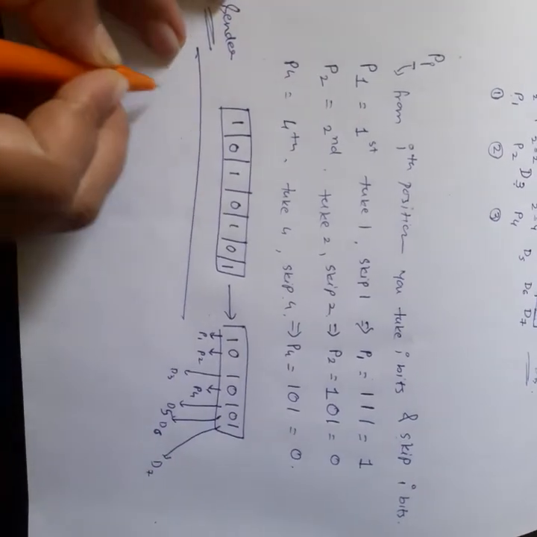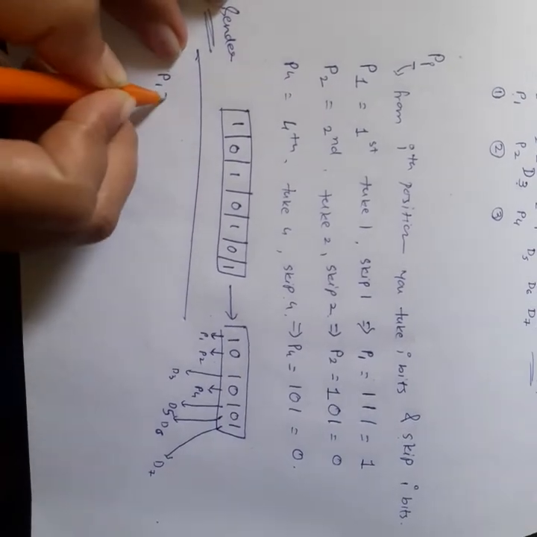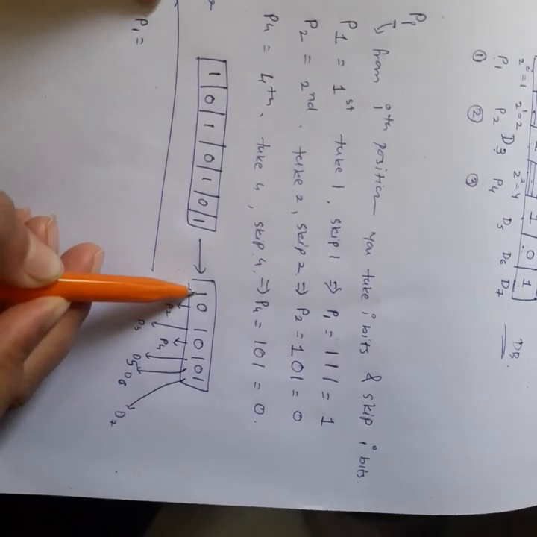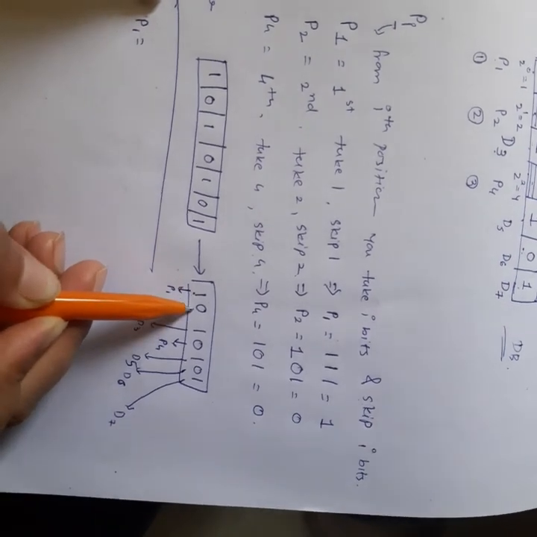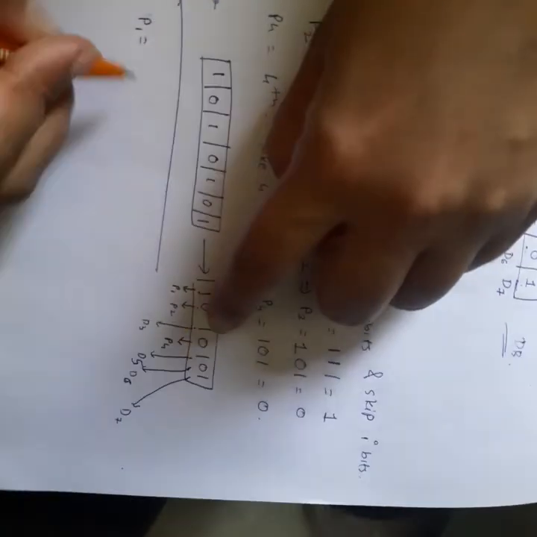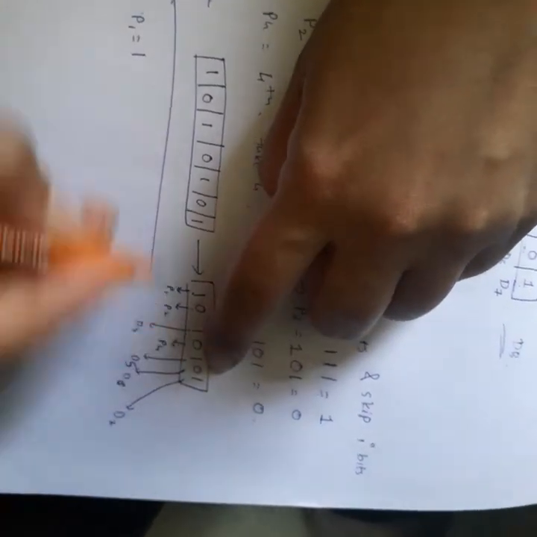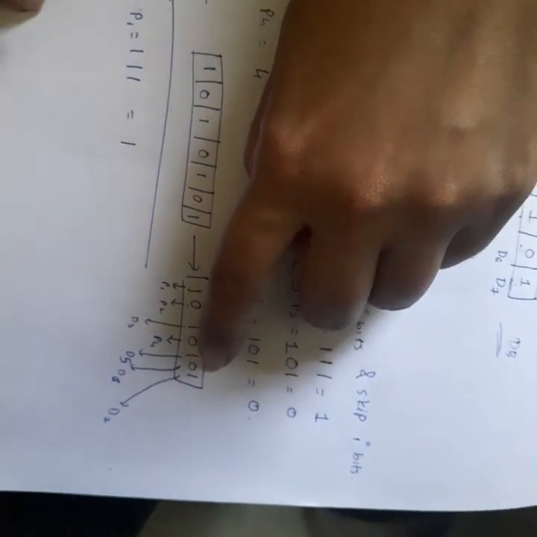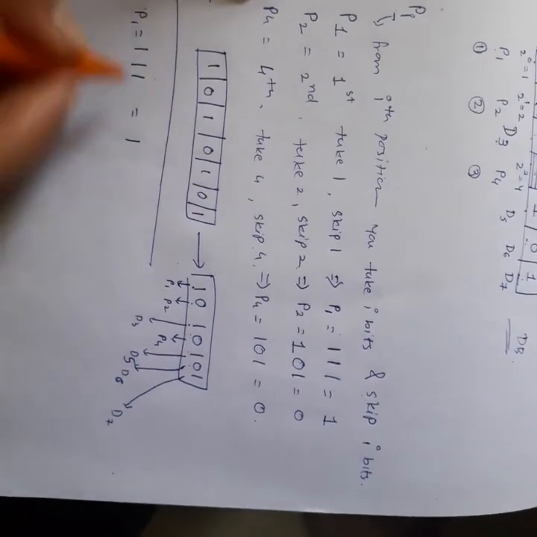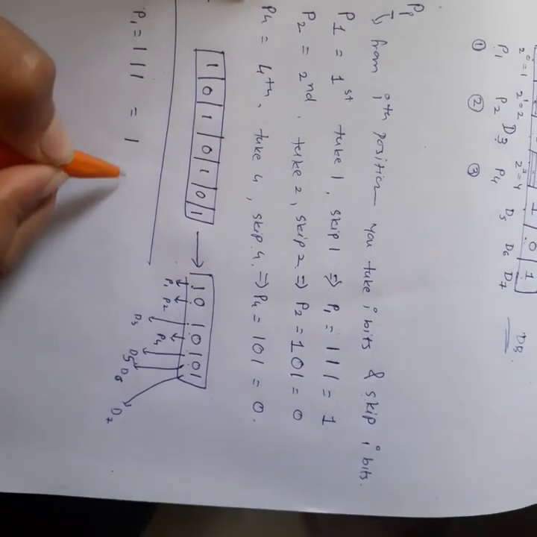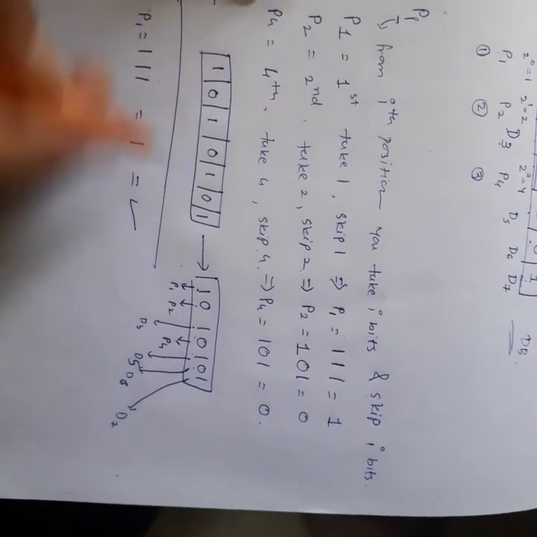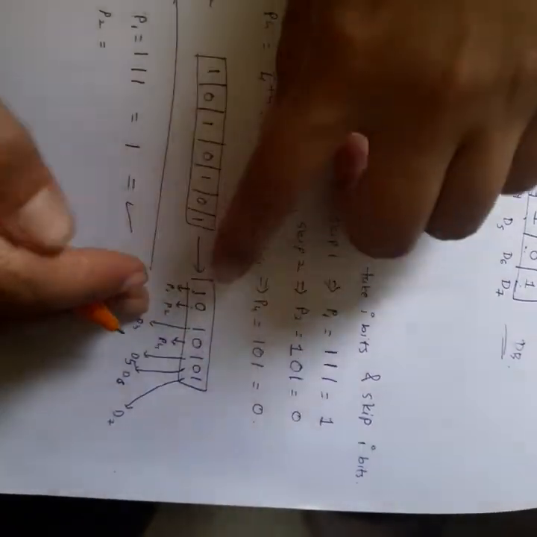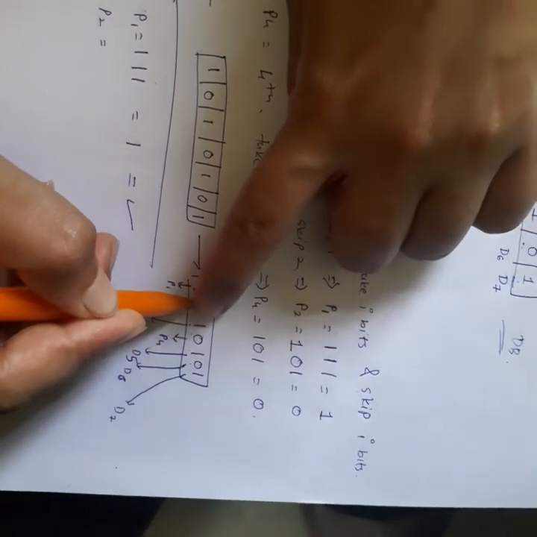So with the help of all this data, the receiver is going to cross check. The receiver is going to work out what the parity number 1 value would be. He is going to apply the same fundamental, take 1 and skip 1. So he has already taken this, we will not consider it because it has to be cross checked. Skip this, take this, so we write here 1, skip this, take this 1, skip this, take this 1, right? So an odd number of ones are there, so the answer would be 1. So he is going to cross check, okay, is parity 1 matching or not? Yes, it is matching, correct? Now he is going to calculate parity number 2. To calculate parity number 2, take 2, skip 2. We will not take this 2 because we are supposed to check it.